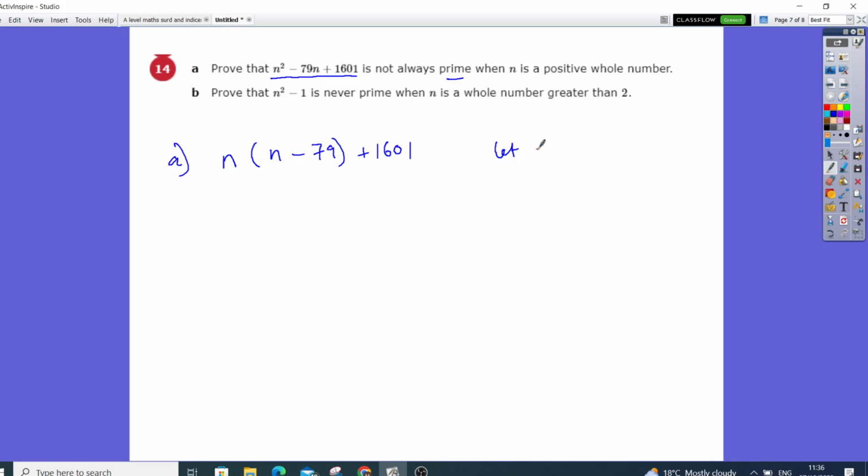this number, which is 1601. I know that will be 1601, okay, and this will be 1601 multiplied by 79 plus 1601. Now, it's a little trick you can use. If I do that, that will give me 1601 minus 79, and that's going to give me